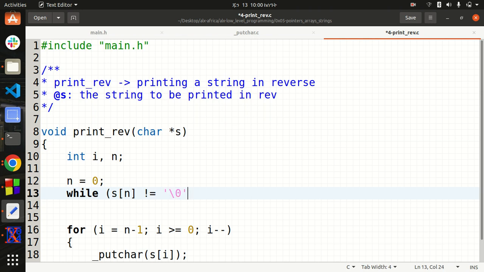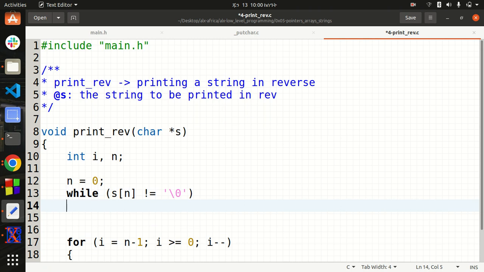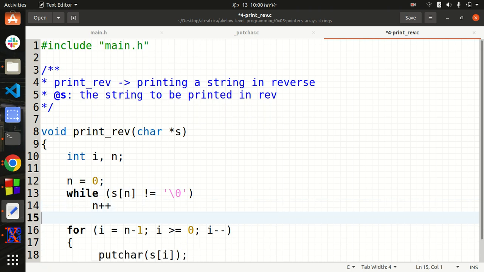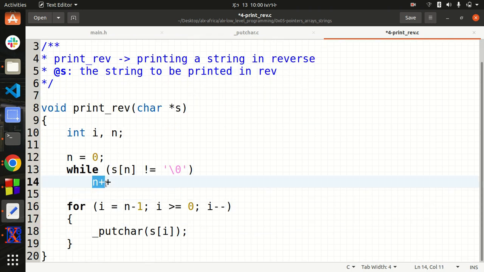I'm going to move down and increment n plus plus, so that is going to give me the thing I need. So n is the length of this string, so I'm going to do this and check, and I'm going to output char here